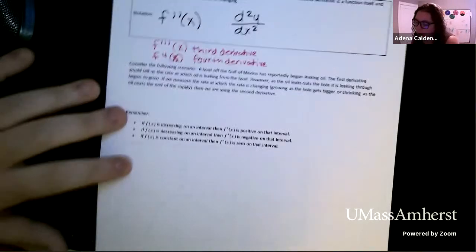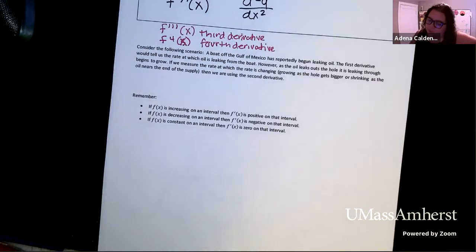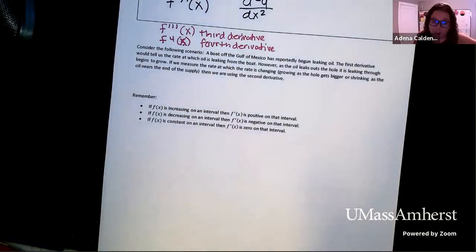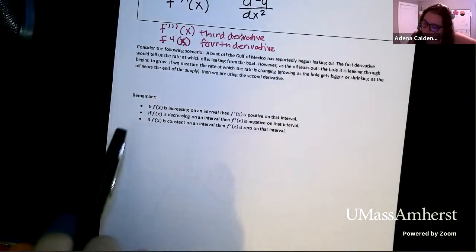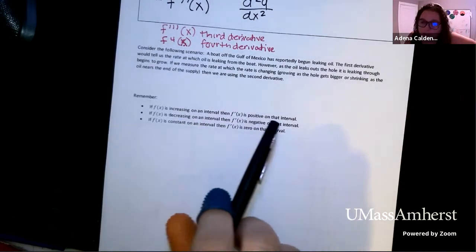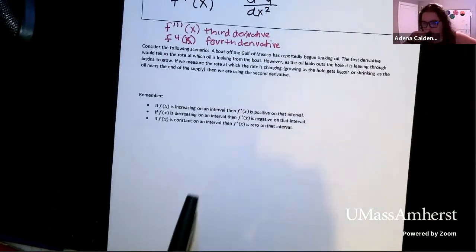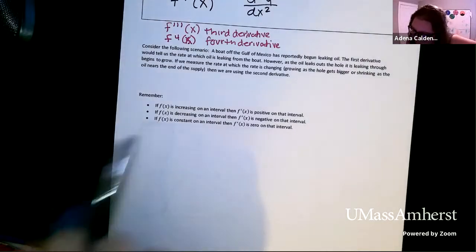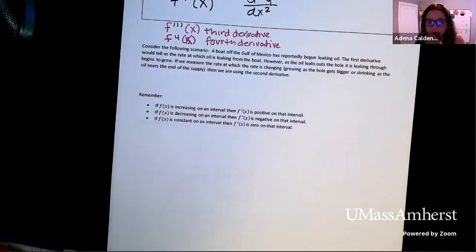Now, I want you to think back for a minute when we were talking about this set of statements that we were linking together in 2.2, okay? So if f of x is increasing on an interval, then the derivative is positive on that interval, right? That's one conclusion that we found. We found that if the original function is decreasing on an interval, then the derivative is negative on that interval. And if the derivative is constant on the interval,